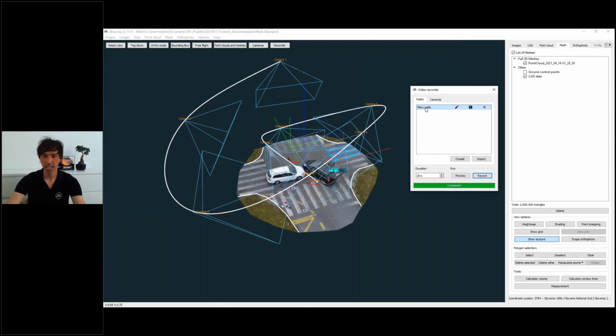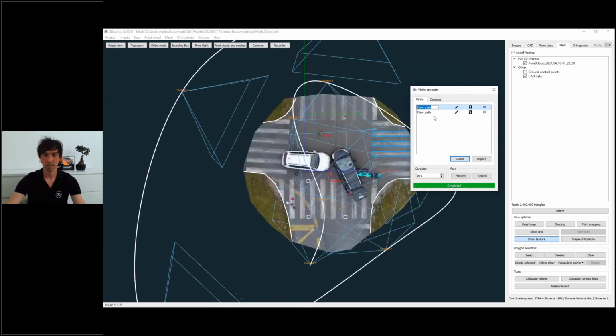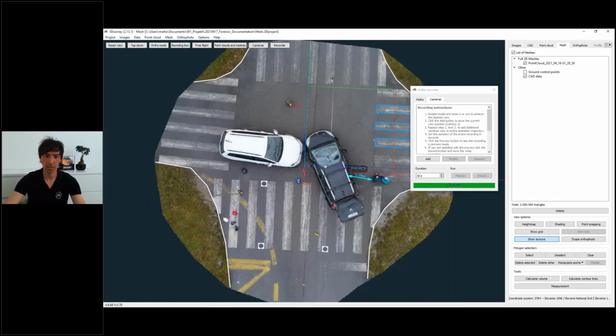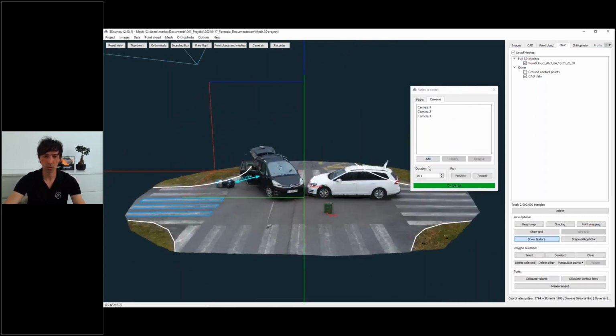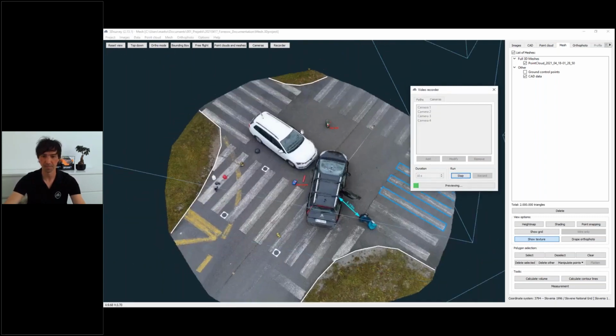You can even save those paths, create a new one, rename the first one first test, then another one, go to cameras, add another view, and all those are also saved in the position. Okay,